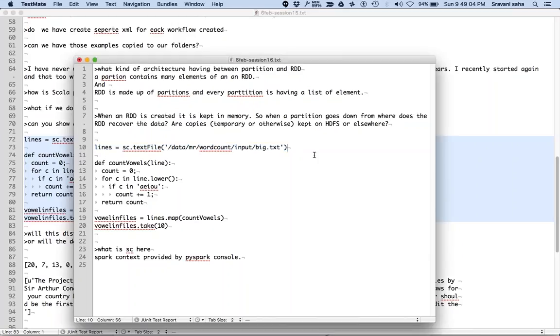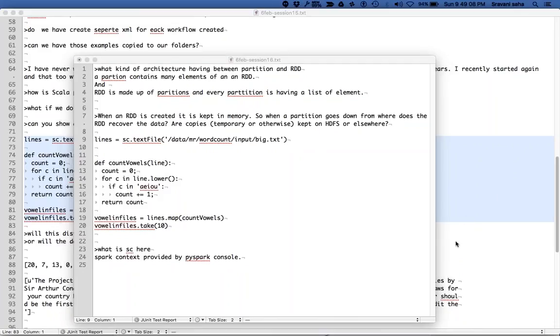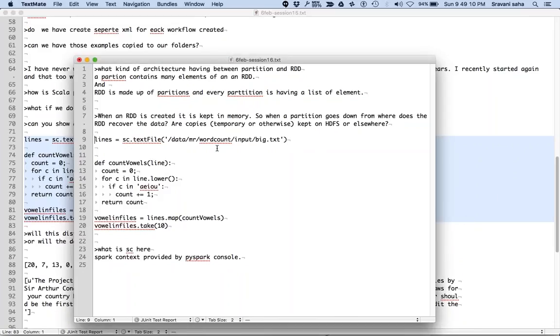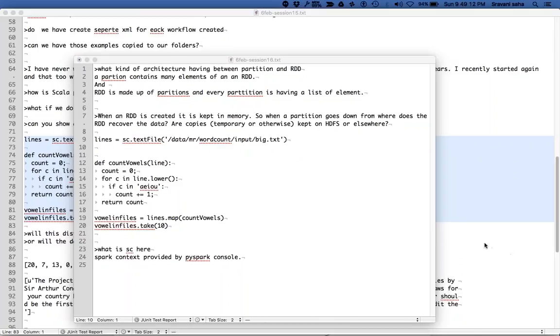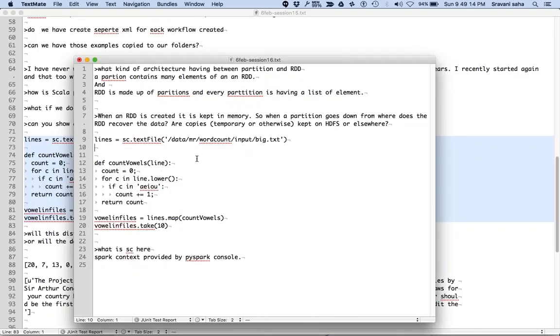Did I answer your question? So Spark knows this statement, and in case we have persisted lines data, it'll again load the same file and load the partition which has been lost.